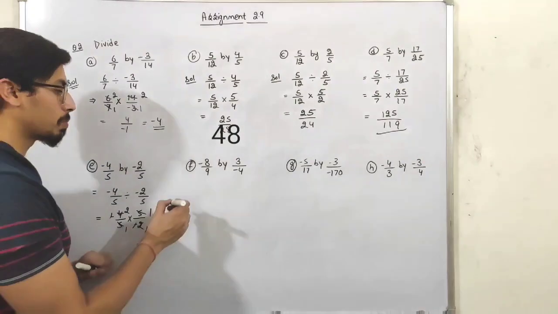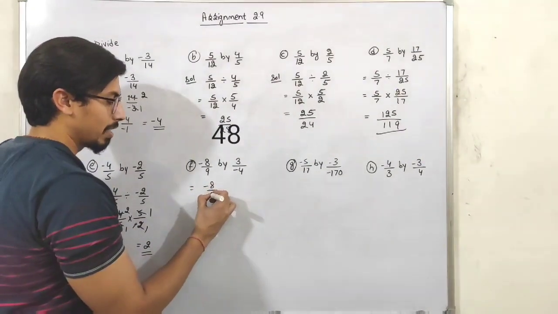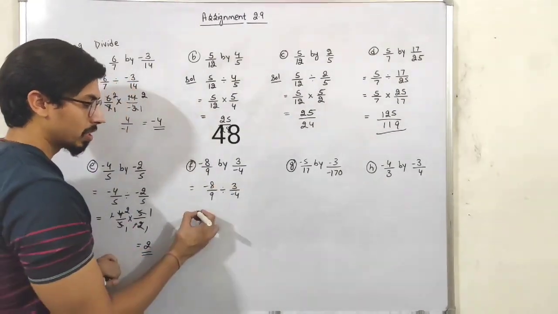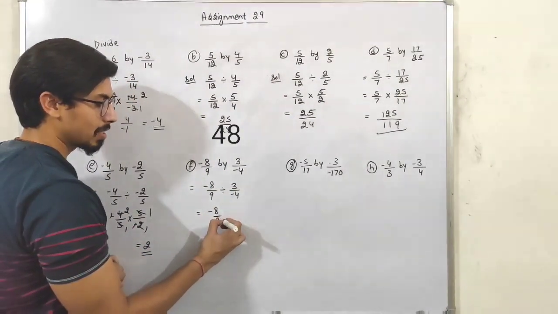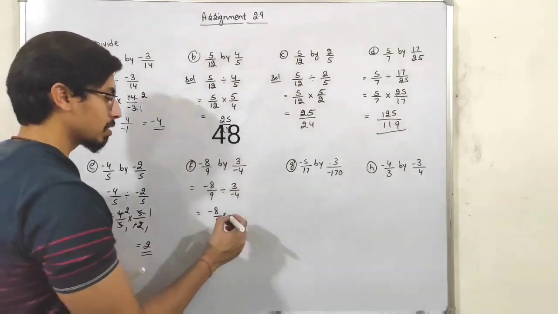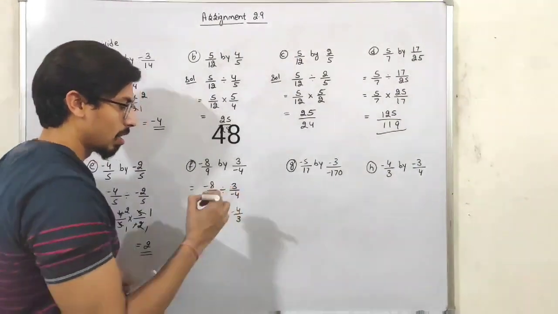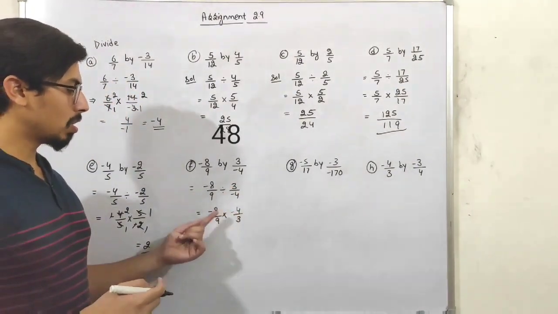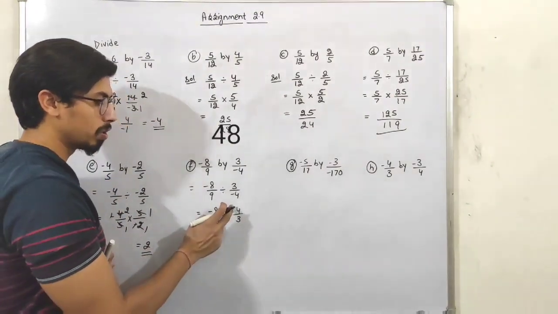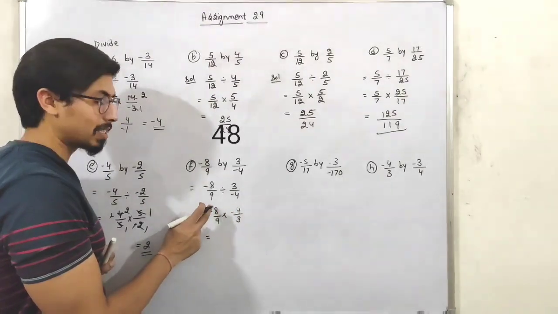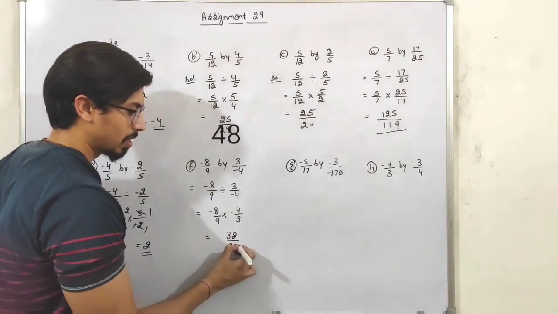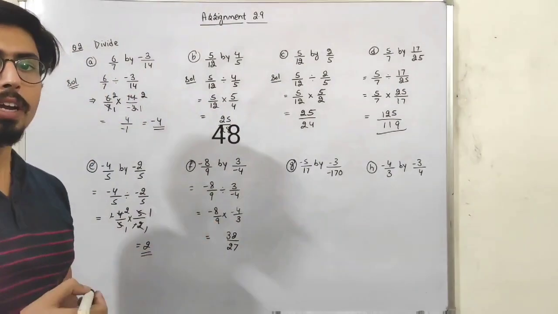Okay. Now in our next part, minus 8 by 9 divided by 3 by minus 4. Okay students. So minus 8 by 9 as it is, multiply sign. So just reciprocate 3 by minus 4. So it will be minus 4 by 3. Okay students. So neither of them is cancelling out. So just multiply. So minus will be plus. 8 4s are 32. 9 3s are 27. So answer is 32 by 27.